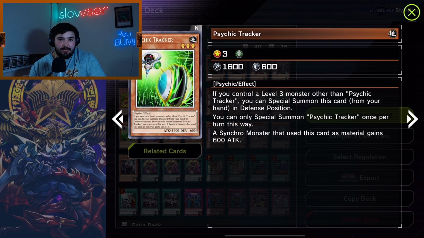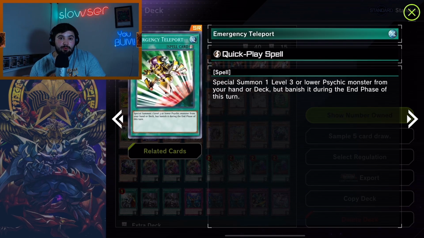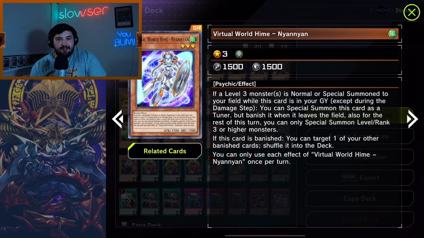Especially with the tour guide, it really helps with her since C is your normal summon and works well with emergency teleport. Amazing with this since they're psychic. So yeah, 2 emergency teleport, but I shouldn't even really have done this one because we're still on the monsters. However, emergency teleport can also summon the next monster, 1 Nyan